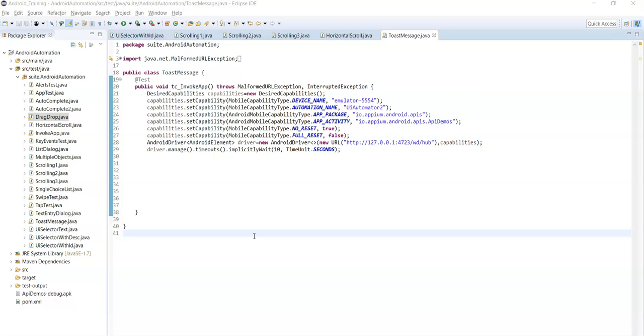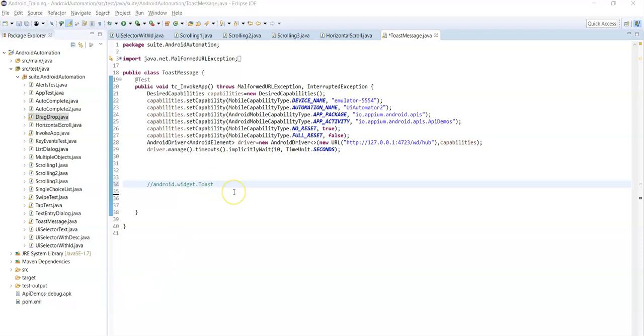First you need to identify the locator of that toast message, right? But locator inspection tools like Android UI Automator Viewer, Appium Desktop Inspector, and Monitor tool cannot identify the toast messages. But how can you get that toast message? Generally, Android developers give a class name as android.widget.Toast for toast messages. So Android dot widget dot Toast. Our developers will give the class name as android.widget.Toast for toast messages.